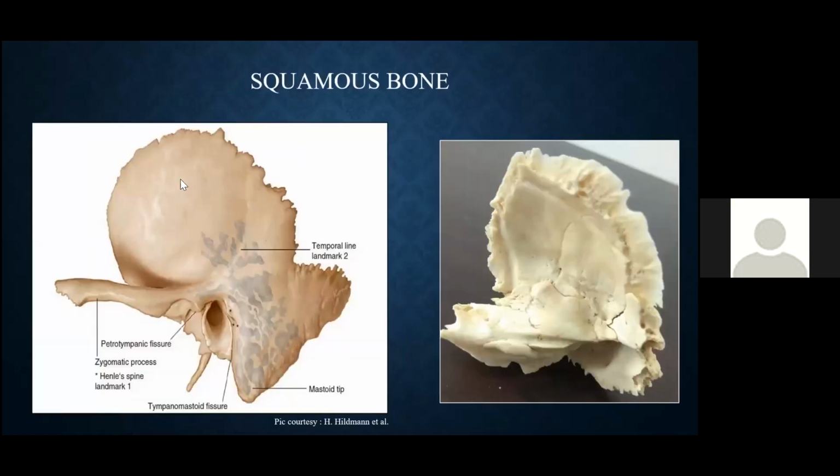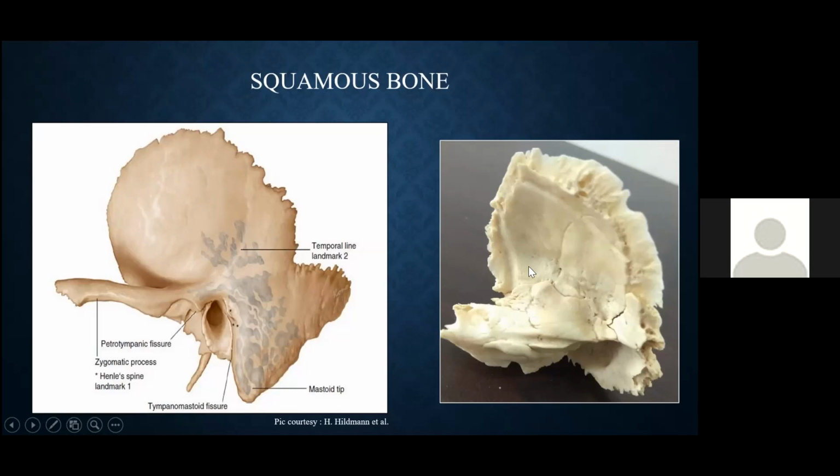The squamous bone, the first part. This is having two parts divided, like the lateral part or the vertical part, which is contributing major to the lateral surface of the temporal bone, and a horizontal part, which is on the endocranial side or forming the tegmen part. These two parts, they are important as the vertical part, it houses the temporal lobe of the brain. And sometimes the groove on the lateral surface for the middle temporal artery is also visualized as its outer structure.